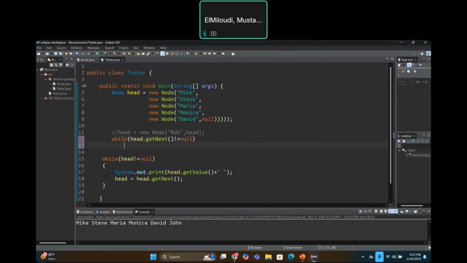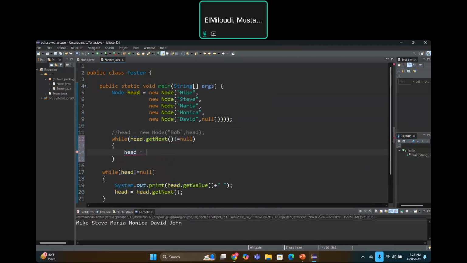So I'm going to say here head is equal to head.getNext. Okay. And then once I get to, basically this will get me to David, because David's next is null, so